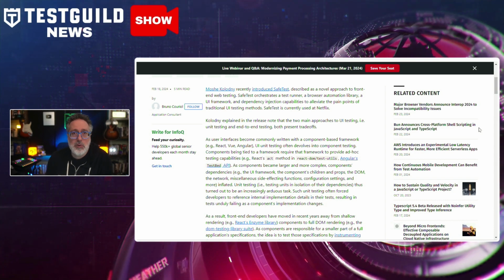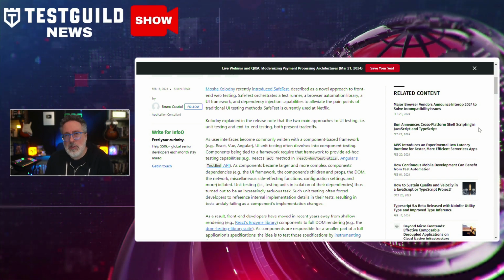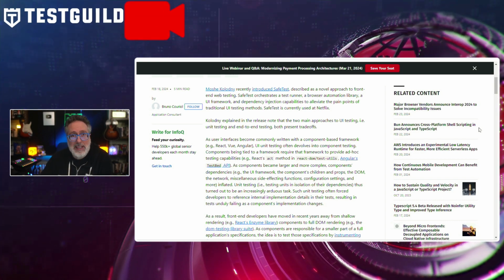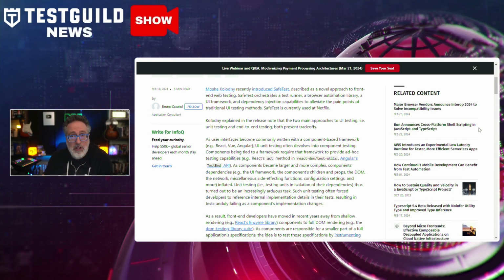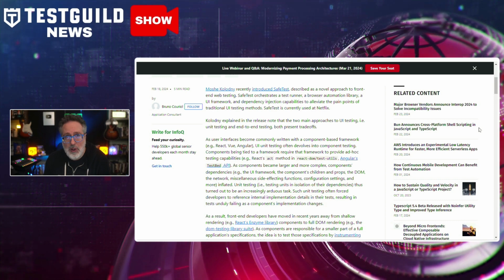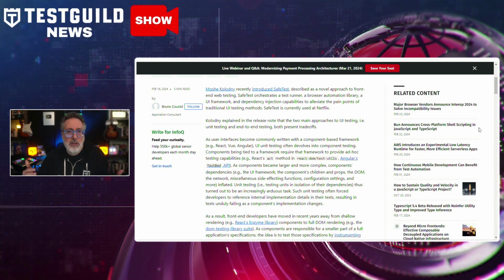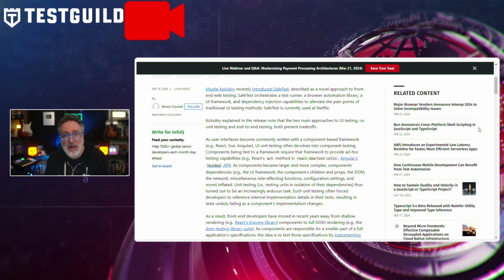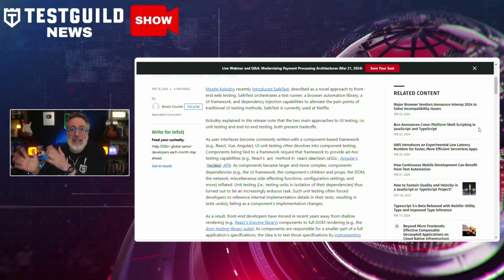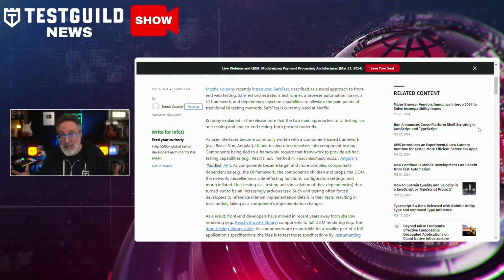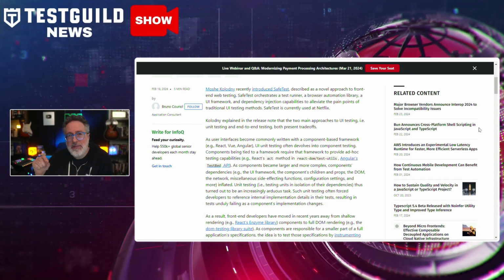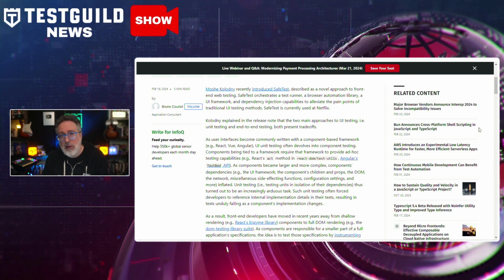It was developed by Moshe, and the way it works is SafeTest integrates a test runner, a browser automation library, a UI framework, and dependency injection to overcome the limitations of traditional UI testing. This method is already in use by Netflix, and it aims to streamline the testing process by combining the advantages of unit testing and end-to-end testing. SafeTest facilitates the testing in real browsers while allowing for the mocking of non-browser dependencies, offering a really more efficient